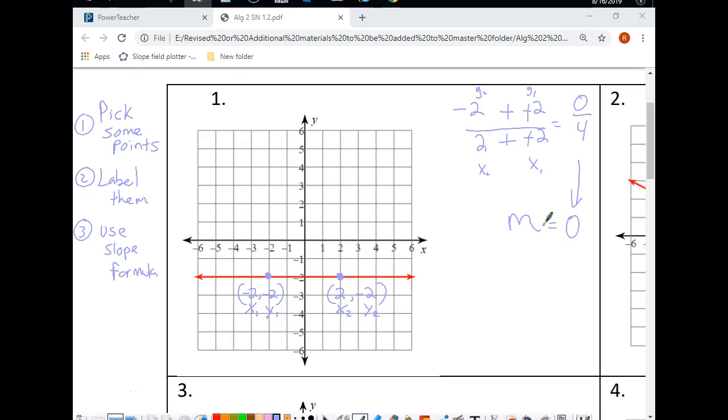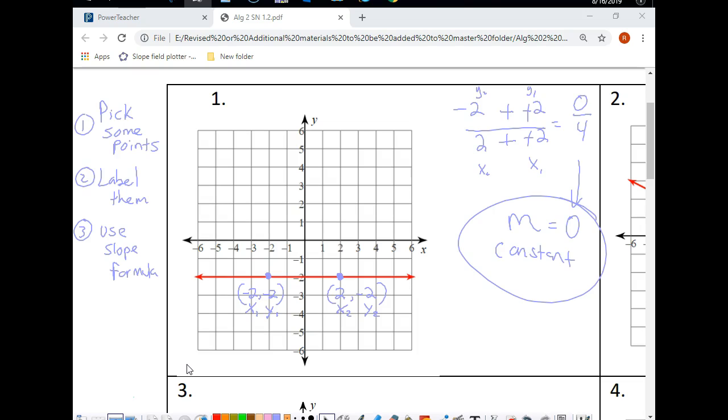All right, so that's our slope. Now, when you have a slope of 0, look at your notes. What do we call that kind of a function? Is it increasing, decreasing, or constant? Constant. So go ahead and circle your answer. That's it. Not bad, no? So, pick some points, label them, use the slope formula. Cool? All right, so let's have you guys